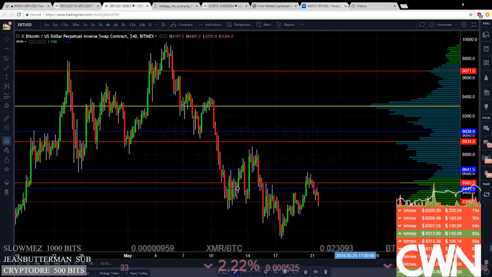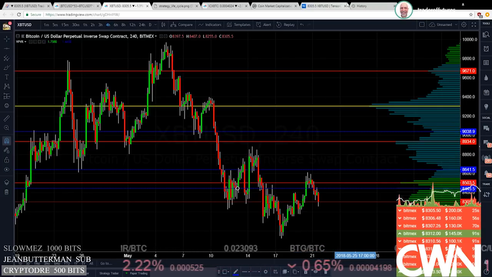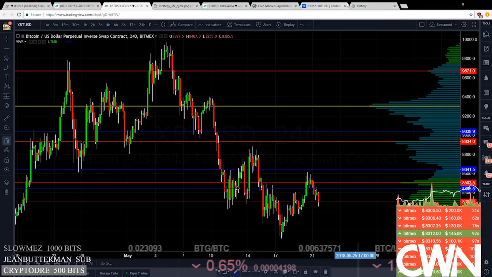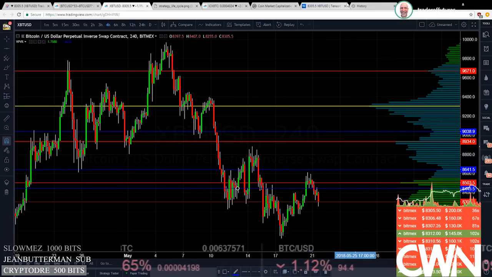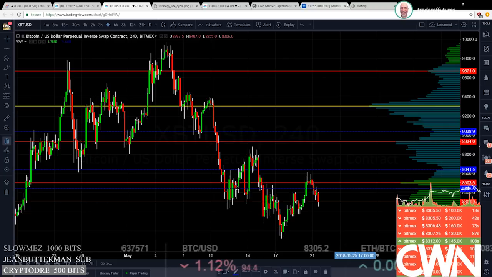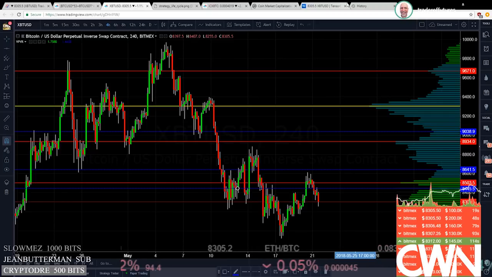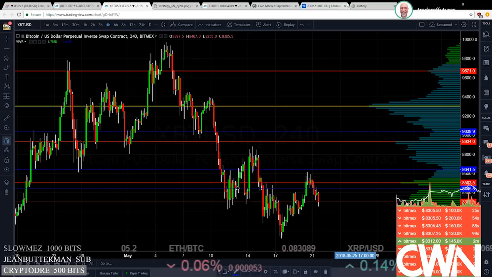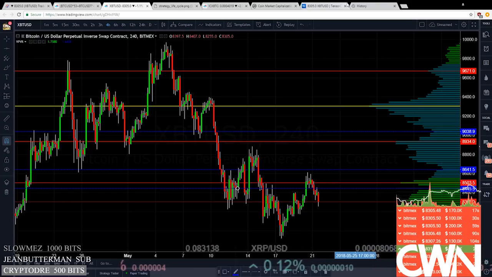Now, anything that's closer to present day is more likely going to have a stronger effect. So in other words, a high value node here that originated from these price changes here is probably going to have more effect than, say, volume that was put down back here on April 19th. So you have to kind of factor that in a bit, that older volume tends to be a little bit less influential than newer volume, only because it may not exist anymore.